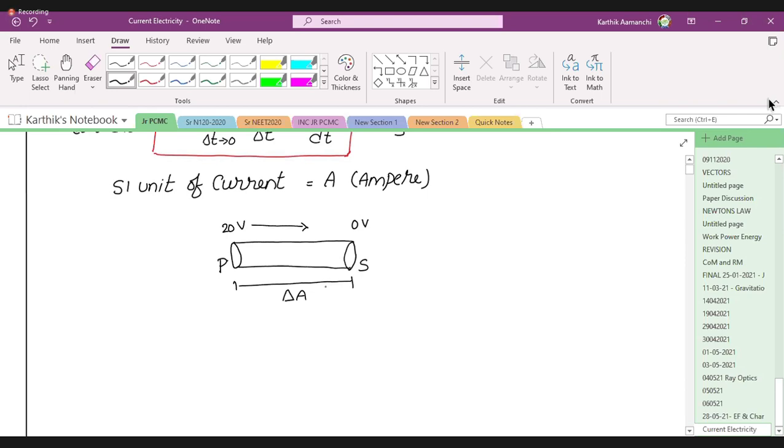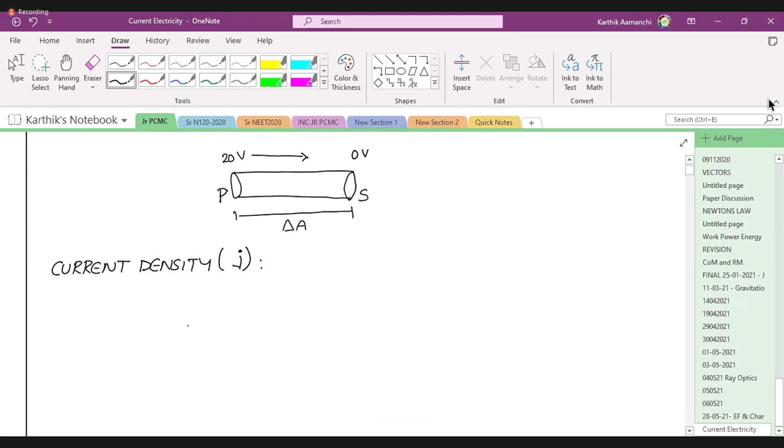And current, if you look at current, it's a scalar quantity. So we will define a vector quantity to tell the direction of current, and that is called your current density, small j. So the current density small j is given as